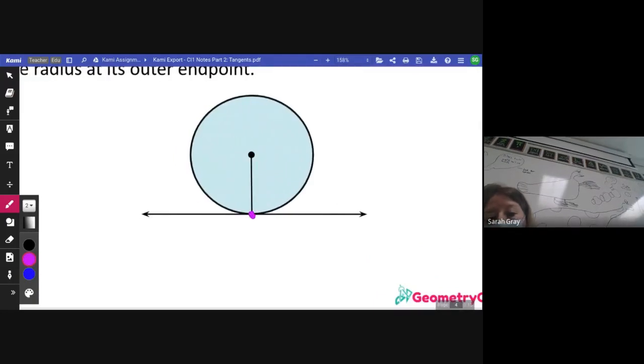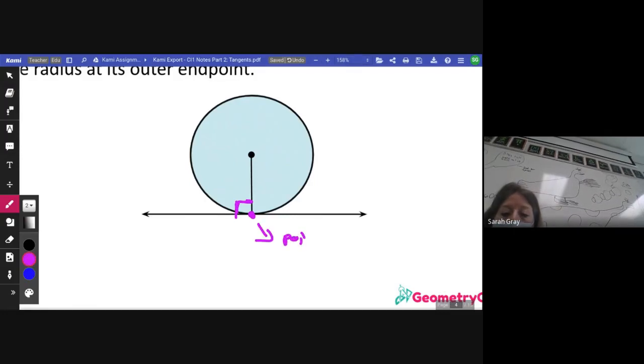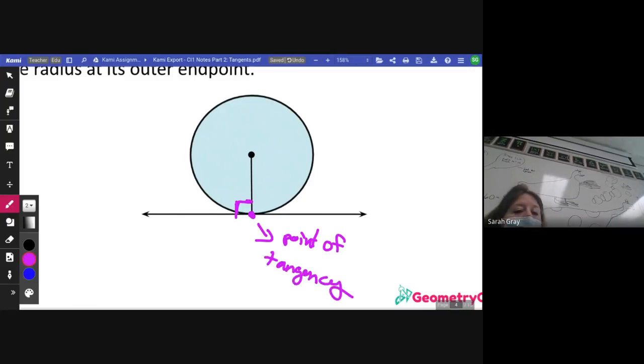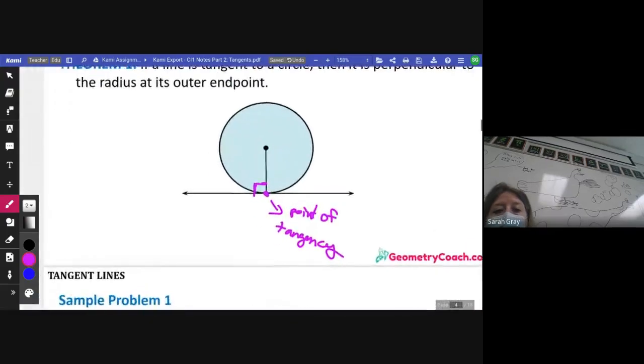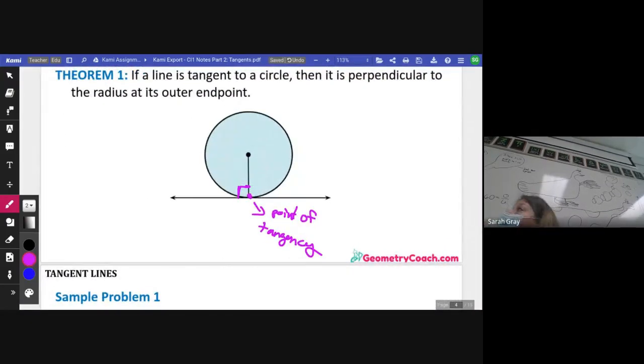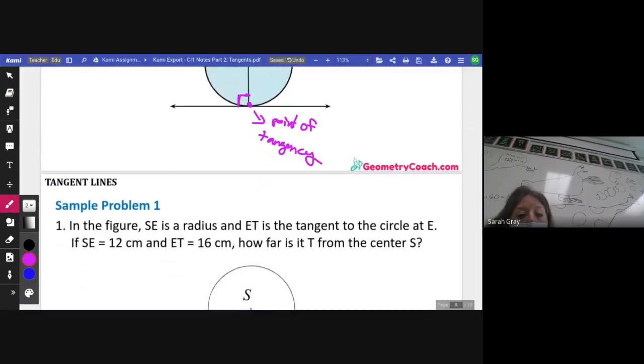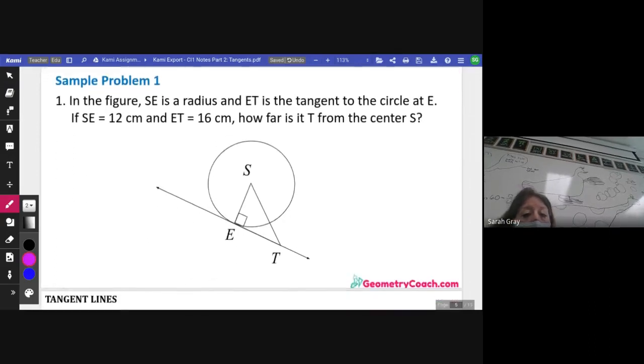So if the radius meets at the point of tangency, then that forms a 90-degree angle. Okay, so using that information,